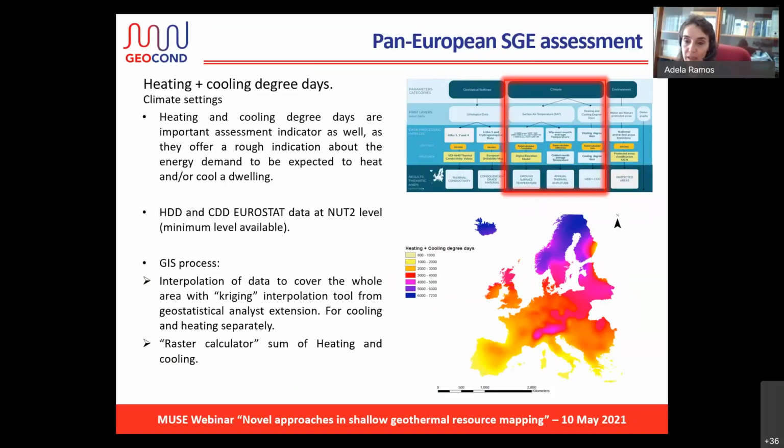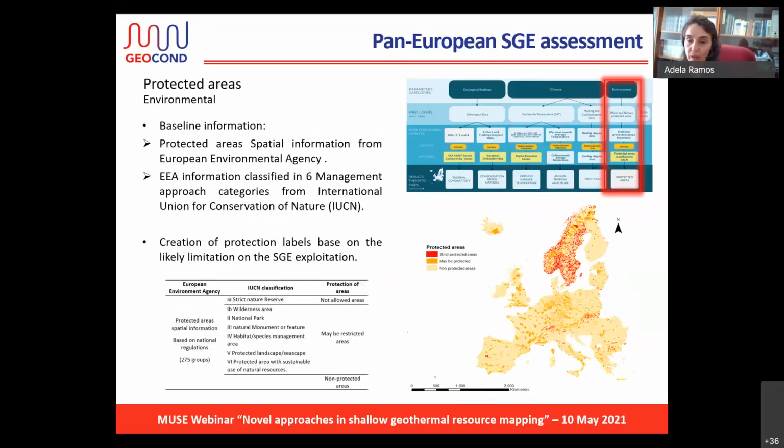So at the end, we summed the 2 layers, the heating and the cooling degree days, and we obtained the heating plus cooling map. So looking at the maps, in areas where heating and cooling values are low, the demand expected is lower than for the equivalent buildings with higher values. And finally,